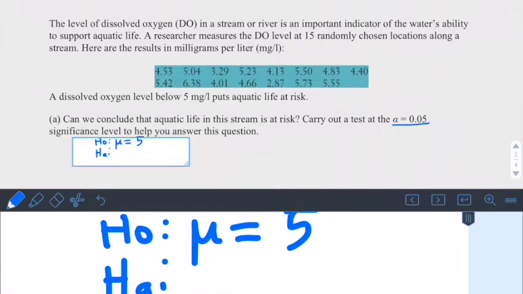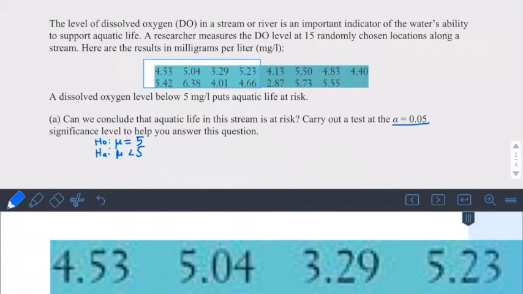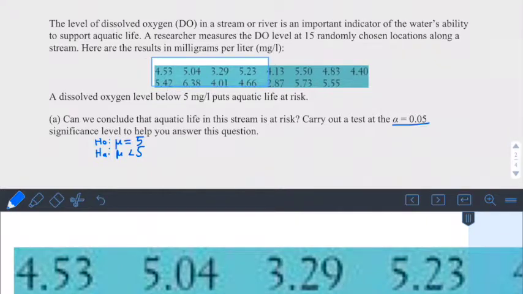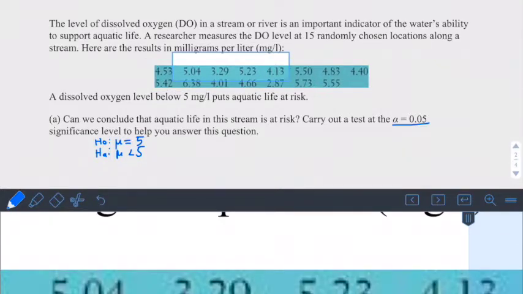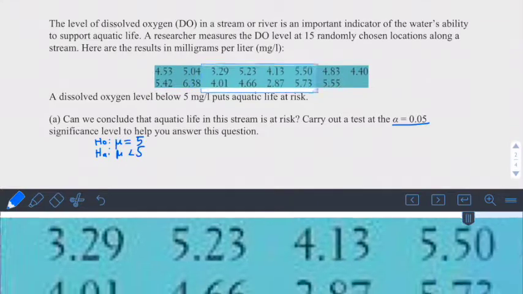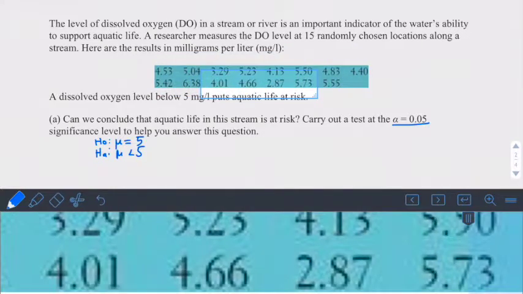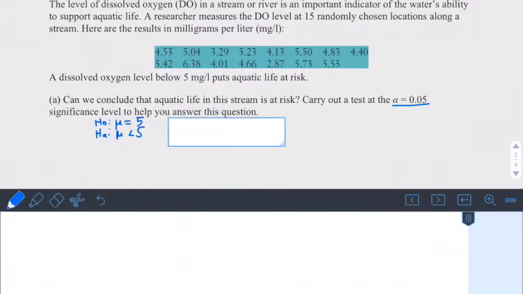And our alternative is that the mean is less than 5. And you can see that we might be in danger. We see a 4 and a 3 and 4. There's 1, 6, but it looks like most of these are a little low. But where mu is the DO level,